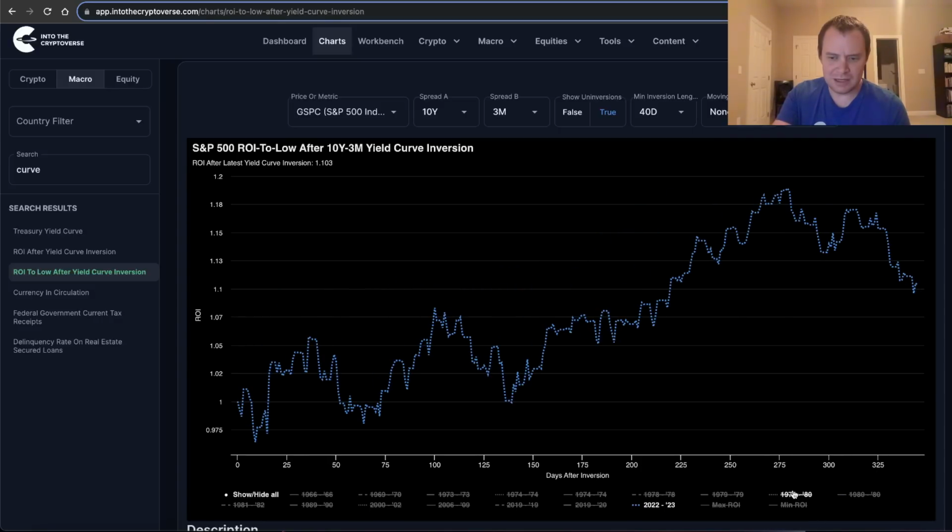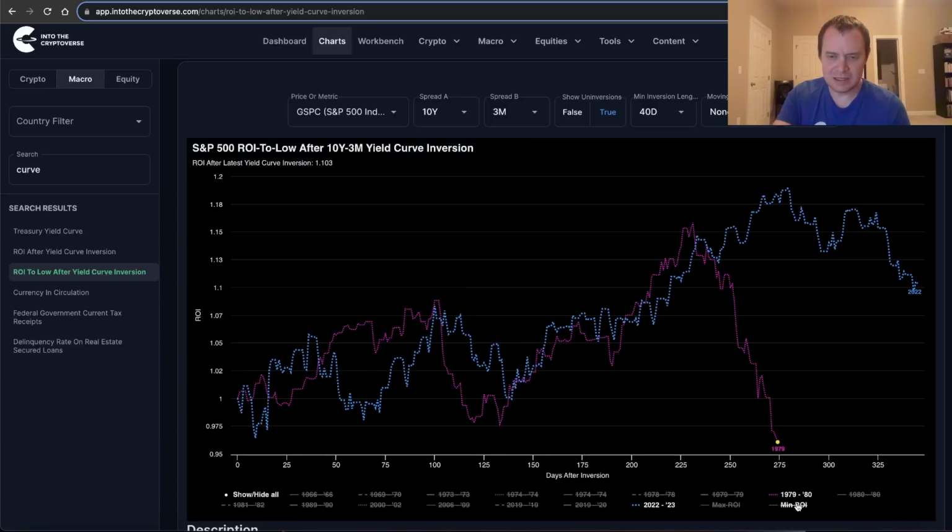Here's 1979 to 1980. Look at that. One of the reasons why a lot of these analogs look very similar is because the S&P loves climbing the wall of worry, right? So if you overlay enough cycles where we just slowly trend up until the unemployment rate breaks or the unemployment rate goes up, you'll see it just climb the wall of worry until it gets that major drop.